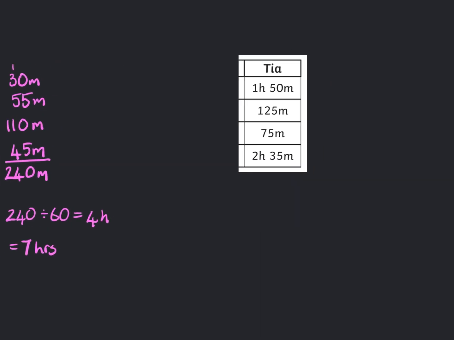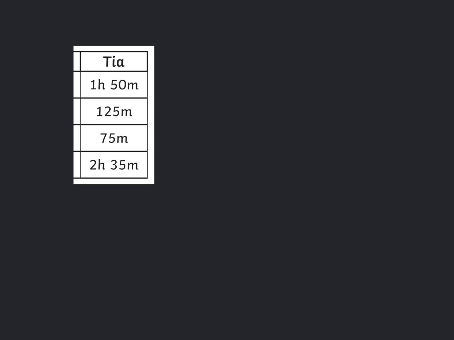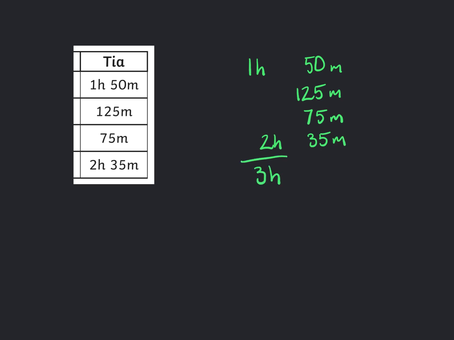And now let's go to our last friend, who is Tia, and I'm going to use the same method as before, where we're going to take 1 hour and 50 minutes, and we will add 125 minutes to it separately and 75 minutes to it separately. And then the last day, Tia did 2 hours and 35 minutes. So we know in total there have been 3 hours done, but then over here we've got 15 and carry the 1, so that's going to be 9, 16, 19. Carry the 1 again, so we've got